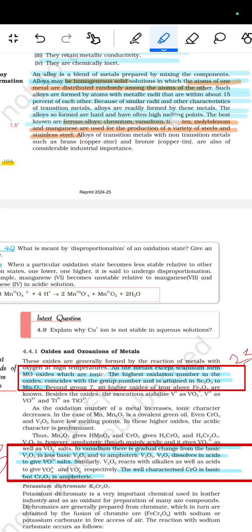The best known are the ferrous alloys. Chromium, vanadium, tungsten, molybdenum, and manganese are used for the production of a variety of the steels and the stainless steel. Alloys of the transition metal with the non-transition metal such as the brass (copper, zinc) and bronze (copper, tin) are